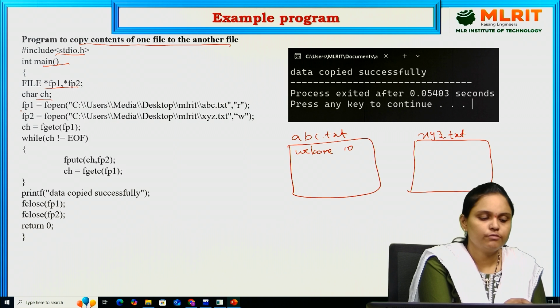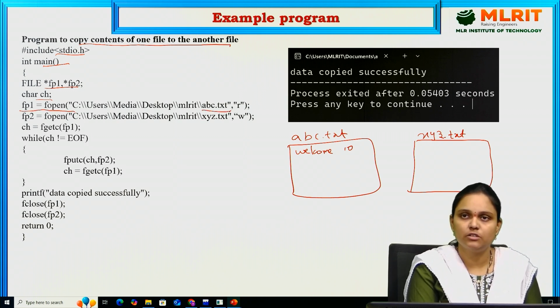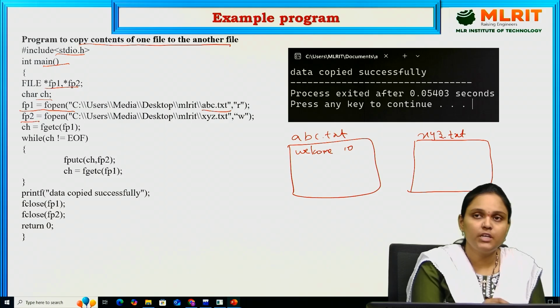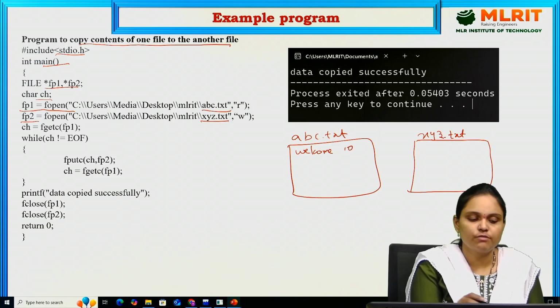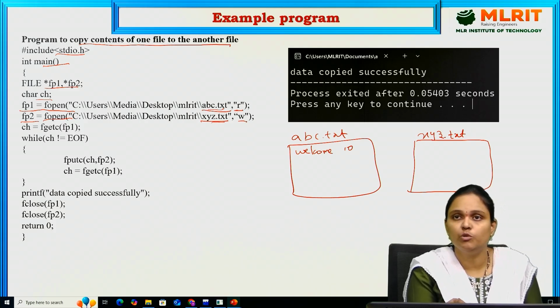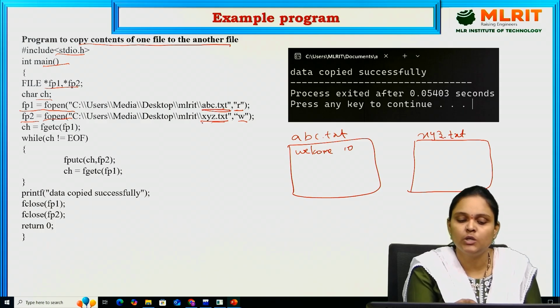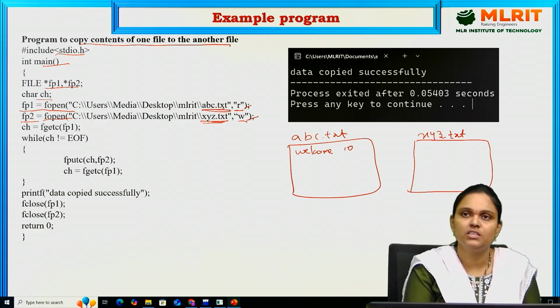To this fp1, we are assigning the fopen function, and we are opening the abc.txt. And to this fp2, we are opening the xyz file by using the fopen function. The abc.txt we are opening in the read mode, and xyz we are opening in the w mode. The information we are reading from this abc.txt, and we are writing into the xyz. That is the reason why we are opening it in the read mode, and we are opening this xyz in